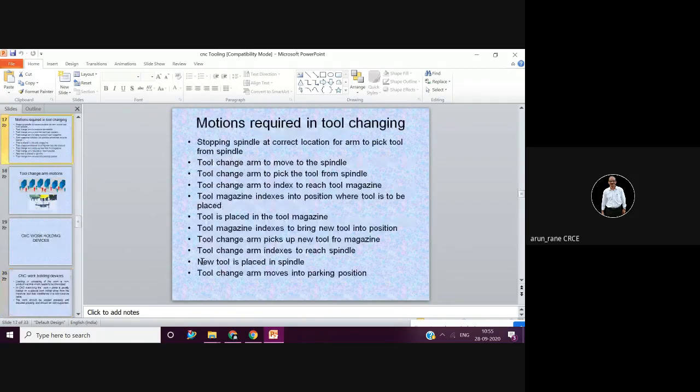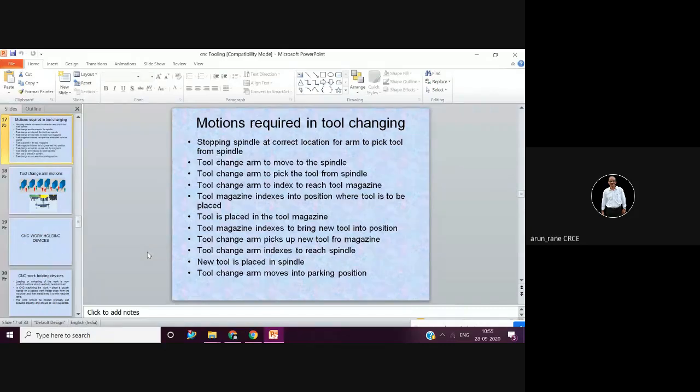These are the different motions required for the tool change. See, tool change is made up of different motions. And you just give only M06 for tool change.